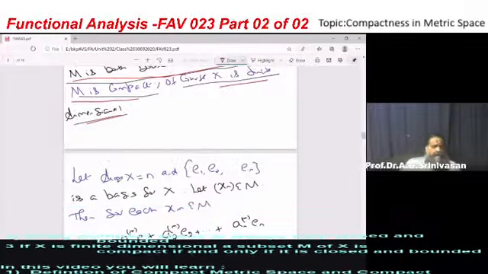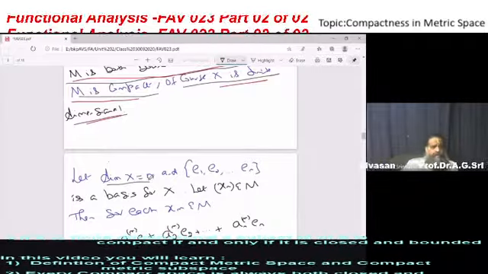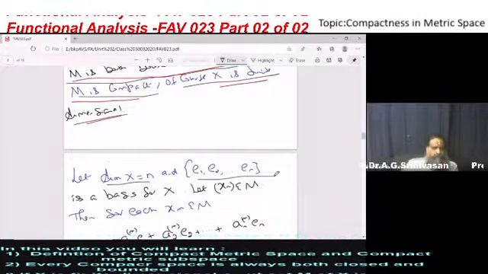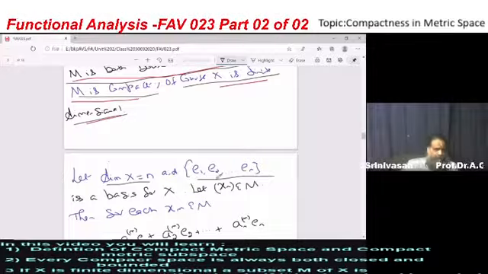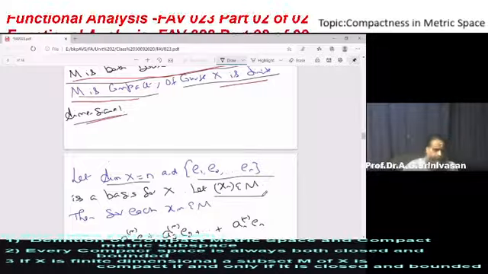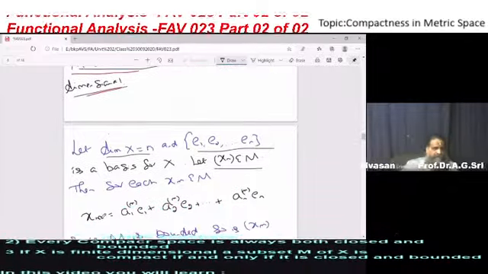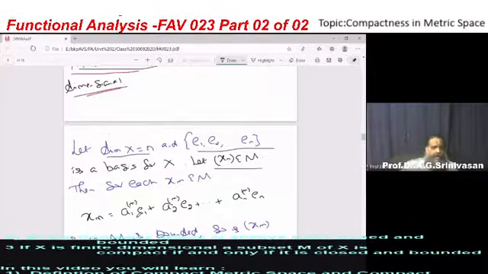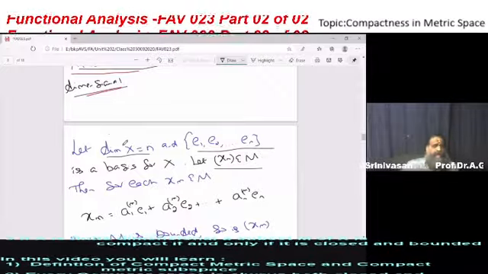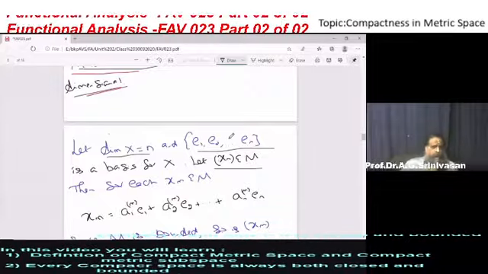Now, what is the dimension of X? It is n. Because X is finite dimensional, I assume the dimension of X is equal to n. And because it's finite dimensional, we can find a basis e1 to en for X. So take a sequence in M. What is xm? xm is a sequence in M. Now for each m, xm can be written as a linear combination a1m e1 plus a2m e2 etc. plus anm en. That is the definition of dimension. Every element in M can be expressed as a linear combination of the ei's.